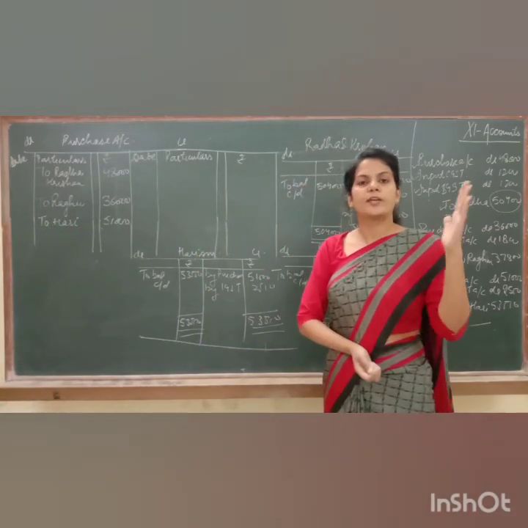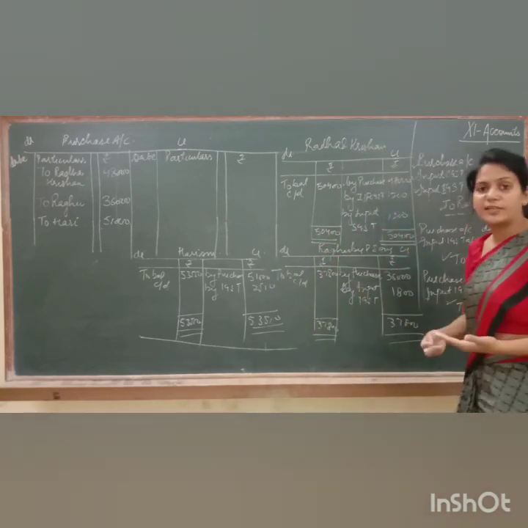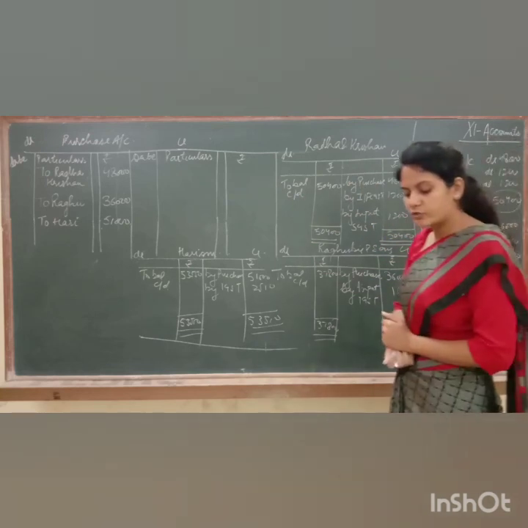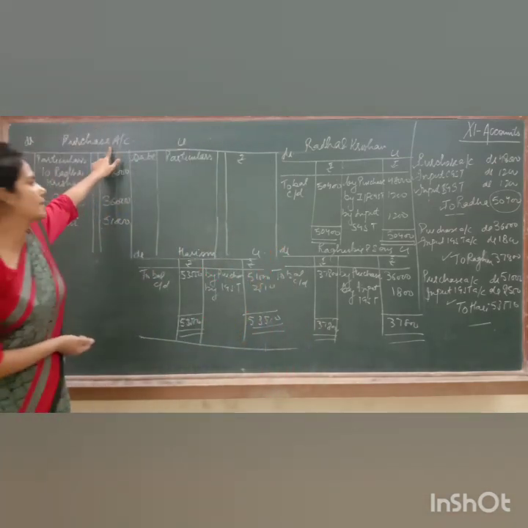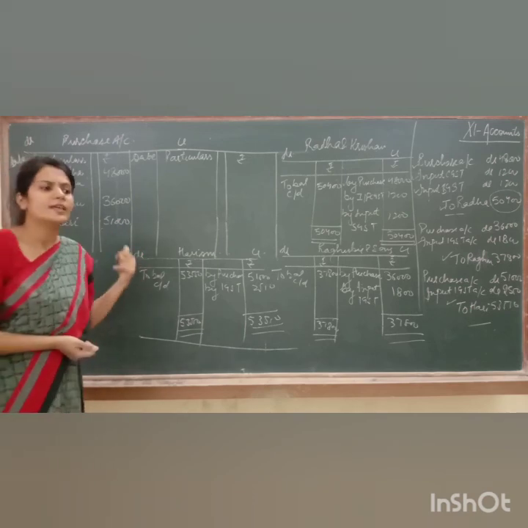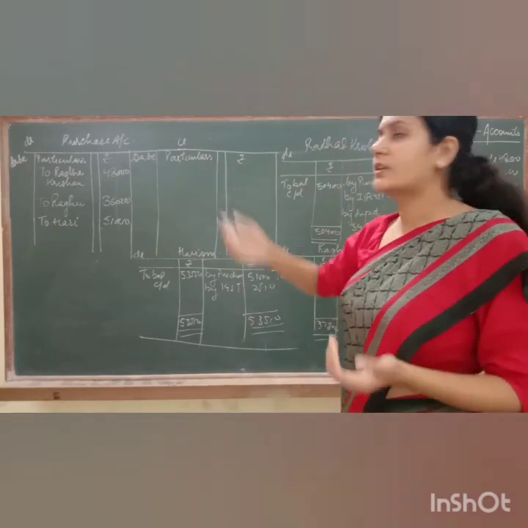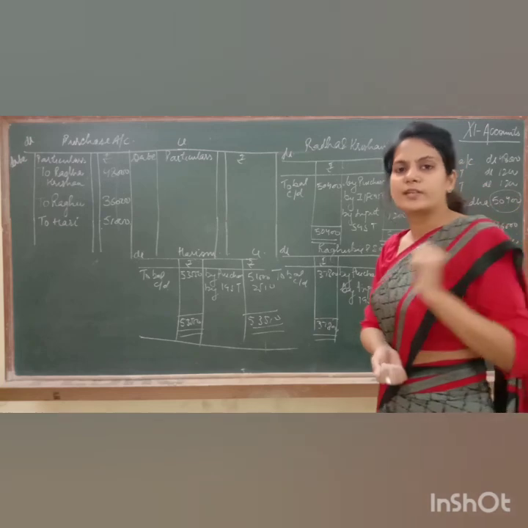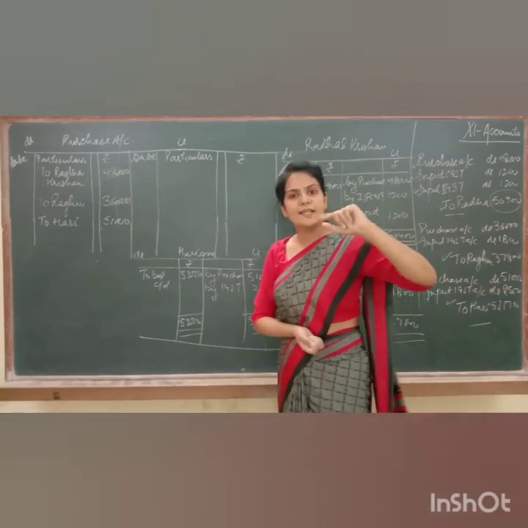That's all. This is how we have to do one full-fledged question. First of all, we have to prepare one purchase journal, the purchase book, then we have to pass the entries, and then we have to do the ledger posting. Now, one thing I would like to tell you is that there is a difference between the purchase journal and the purchase account. I think this question might have come to your mind also: if we are making a purchase book, then why is there a need to make a purchase account? Simply, the reason is that the purchase book is a part of the journal, but the purchase account is a part of the ledger.